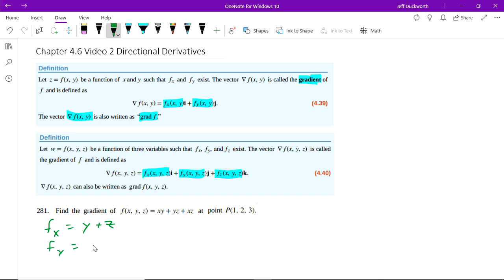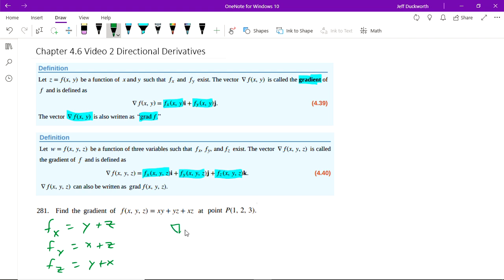With respect to y, we get an x, a z, and the third one goes away. And finally, the derivative with respect to z, there's nothing in the first one, but we're left with a y plus x there. So that means that we have